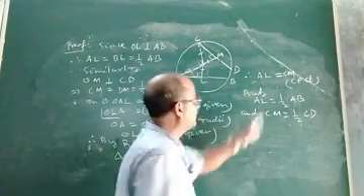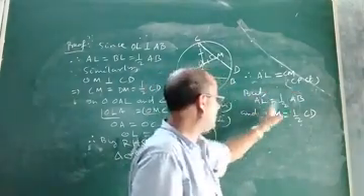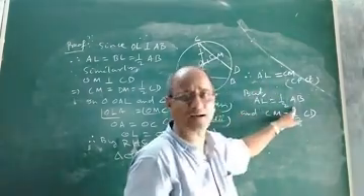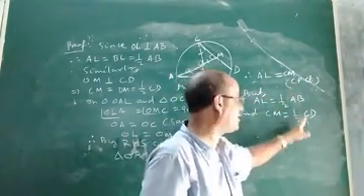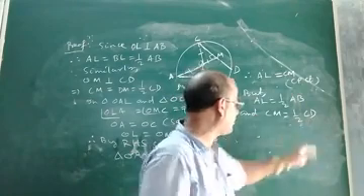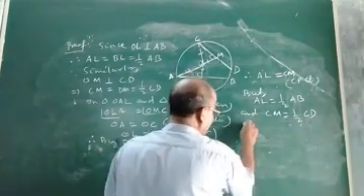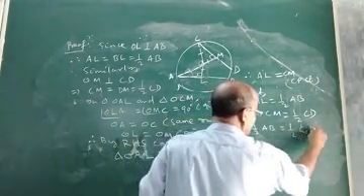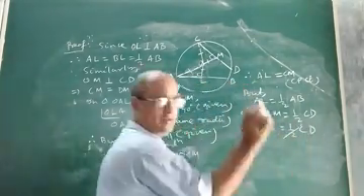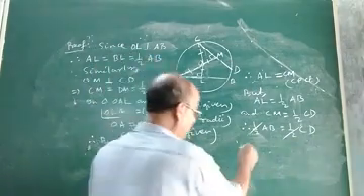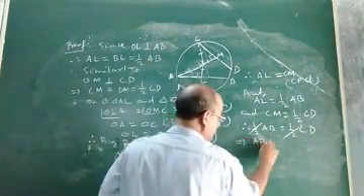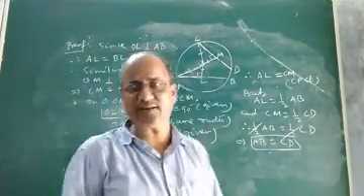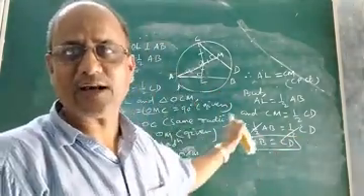So you see, AL equal to CM, but AL is half of AB and CM is half of CD. So in place of AL we will write what? Half of AB. In place of CM, what will we write? Half of CD. Therefore, half of AB equal to half of CD. Now half and half cancel. Cancelling half on both sides, what will be obtained? AB equal to CD. See how interesting it is. Thus we could prove that AB equal to CD.